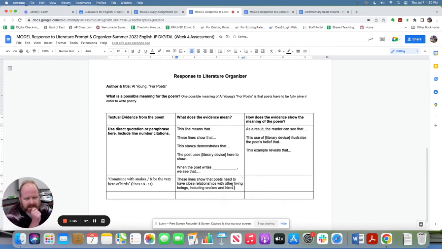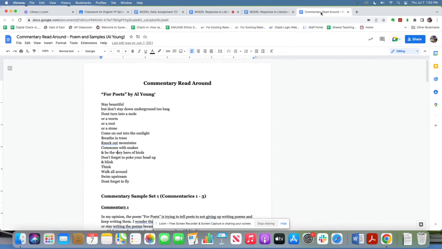Okay, now that I think about it, I might change my claim, because I said poets have to be fully alive, but I think this might be more about being part of nature, being attuned to, or being in touch with, like being aware of, being sensitive to other living beings. So before I do the meaning part, this last box, let me go back to my poem.